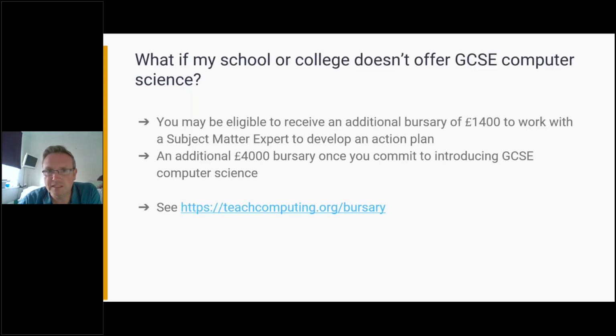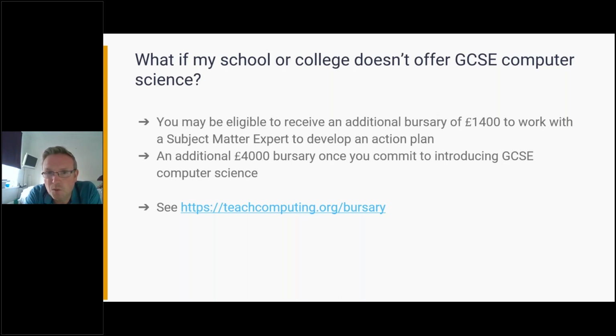So really the final thing for me to say is a bit beyond the CS Accelerator. Well, what if your school or college doesn't currently offer GCSE computer science? Well, in addition to obviously getting some teachers onto the CSA and benefiting from the bursaries of that, you may well be eligible to work with a subject matter expert.